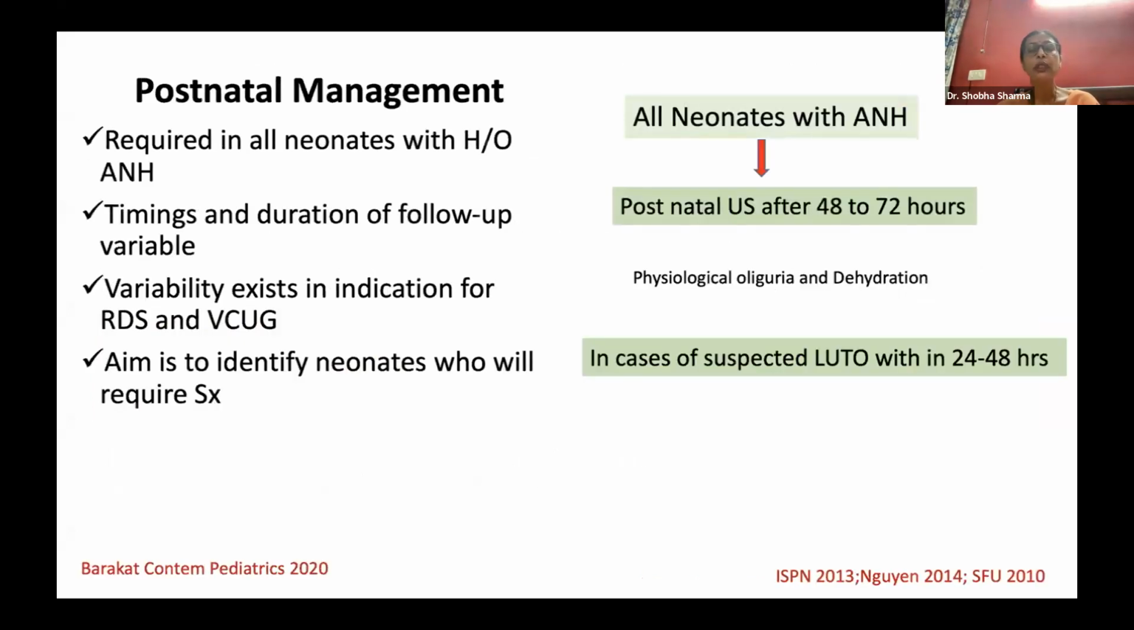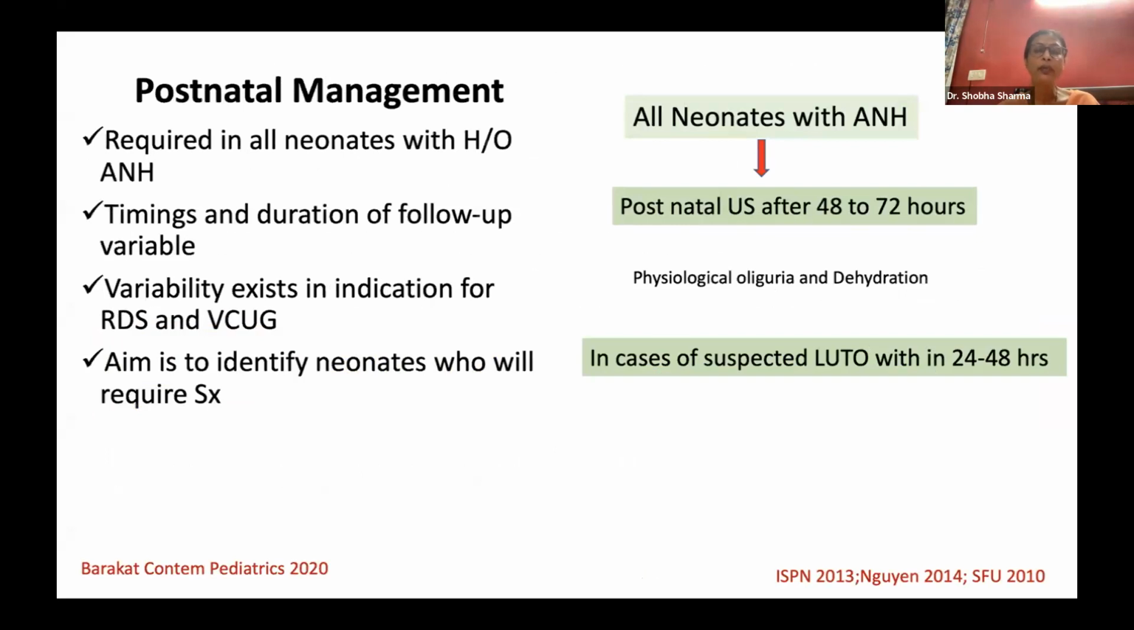Now coming to the babies who have antenatal hydronephrosis and are born. So how do we go about evaluation and monitoring of these children, and why do we do it? So the most important thing is why do we do it? The aim is to identify those babies, because we know that about 70 to 80% will improve with time, but